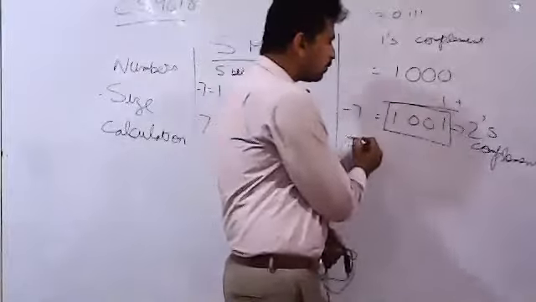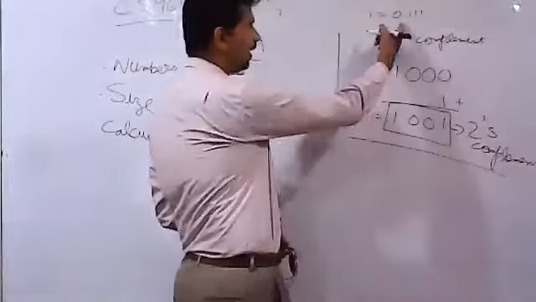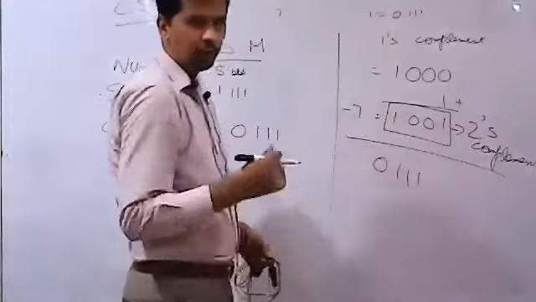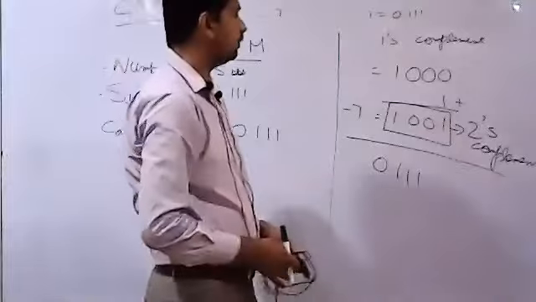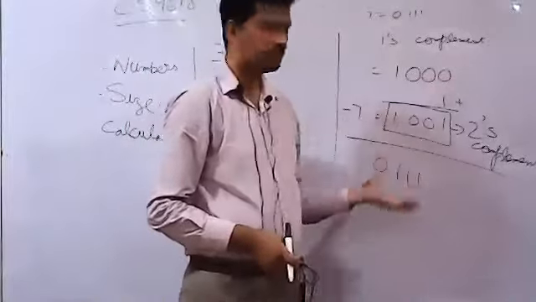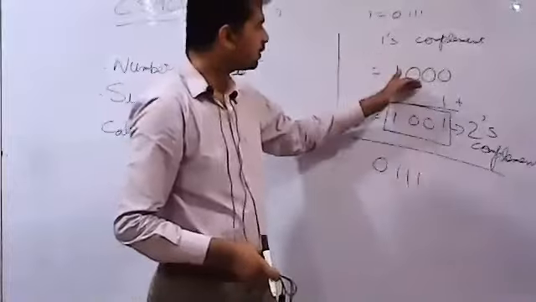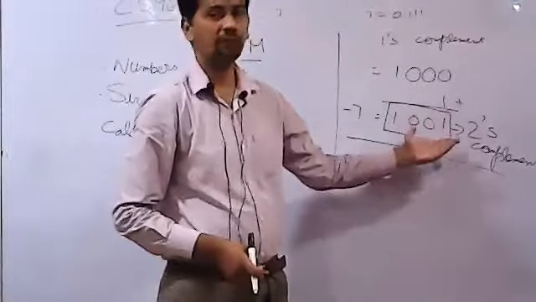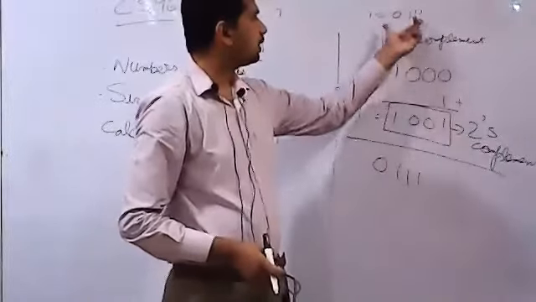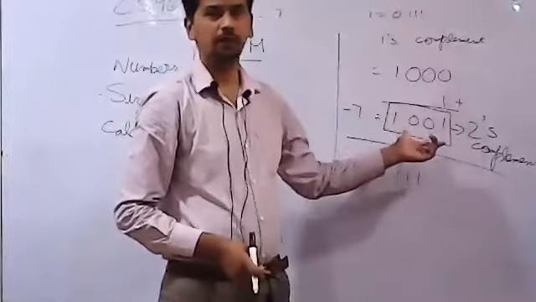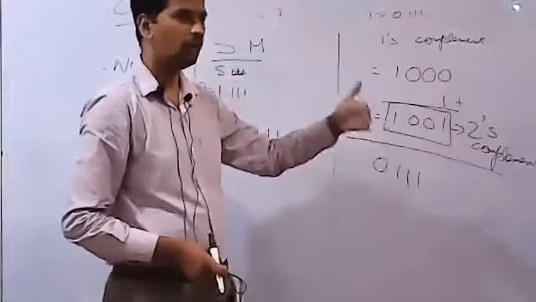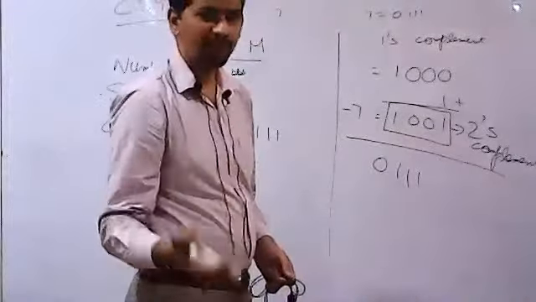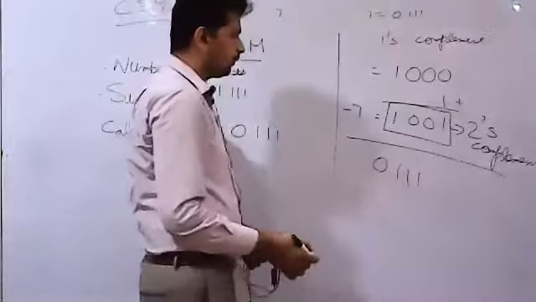You can take the 2's complement directly as well. If I had 0111, to take the 2's complement directly without taking the 1's complement, the first method that I showed you is to take the 1's complement, add 1 and you will have the 2's complement. How do you take the 1's complement? You just reverse all the bits, make all the zeros 1 and make all the 1's 0. But if you want to take the 2's complement directly, what you're going to do is